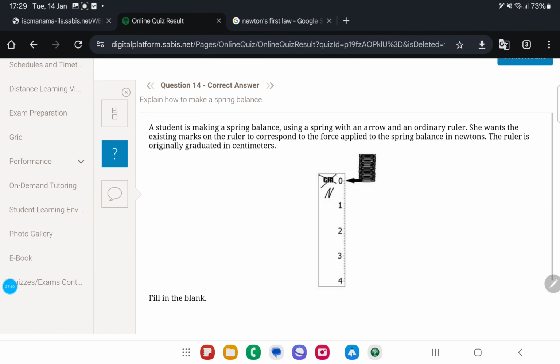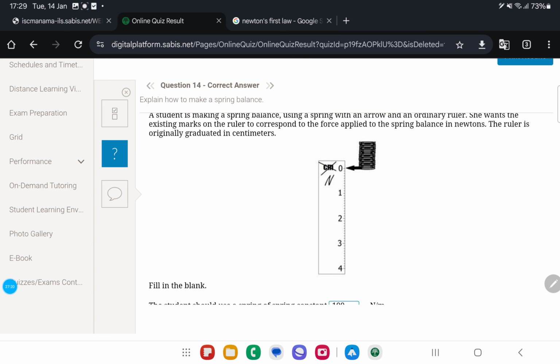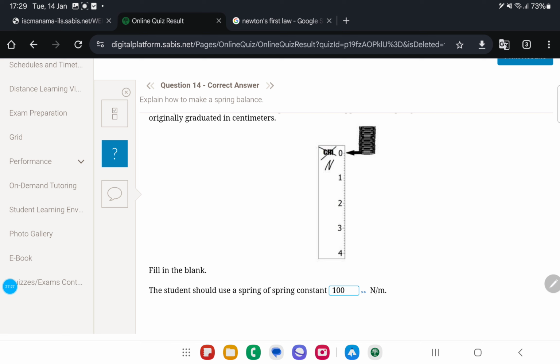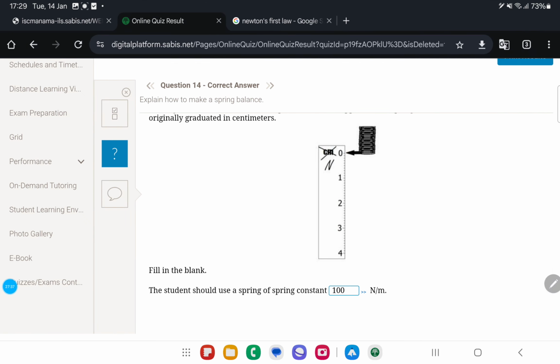Question 14. A student is making a spring balance using a spring with an arrow and an ordinary ruler. She wants the existing marks on the ruler to correspond to the force applied to the spring balance in newtons. The ruler is originally graduated in centimeters. Okay, the student should use a spring constant. Okay. For this one,